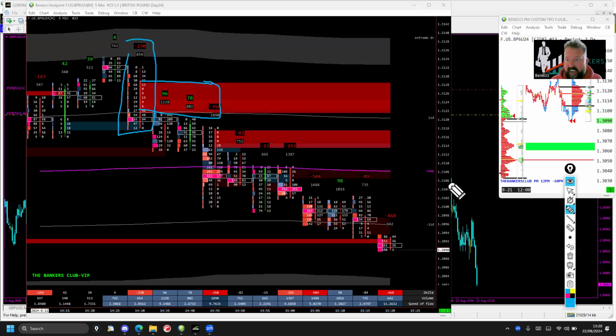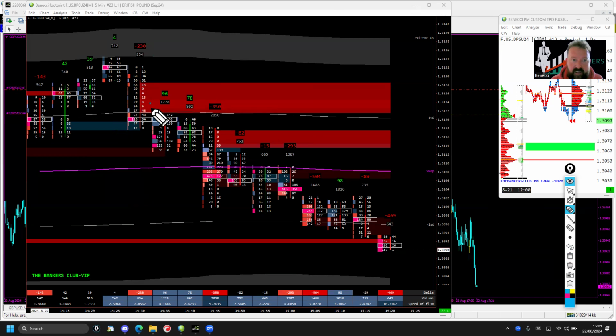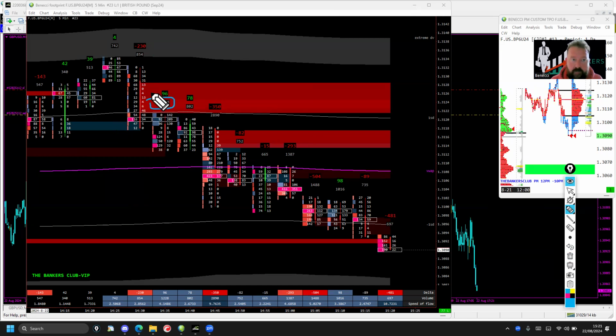So having seen that, I became very interested. I could then see here, again, loads of volume, buying and volume. However, as you can see here, we couldn't penetrate this stacked imbalance, which is where investors were again going to be adding to their orders. So having seen that, which becomes a line of resistance, if you want to call it that, I entered my short positions, and then you can see yet again,